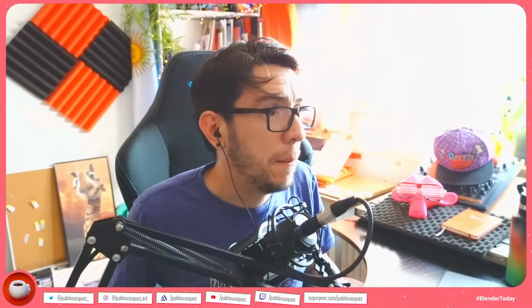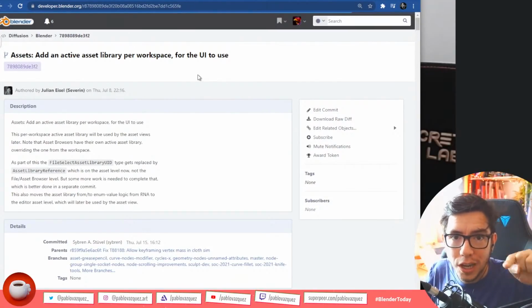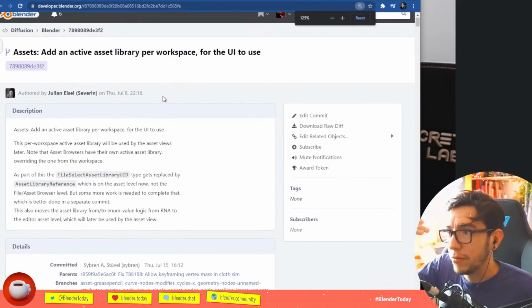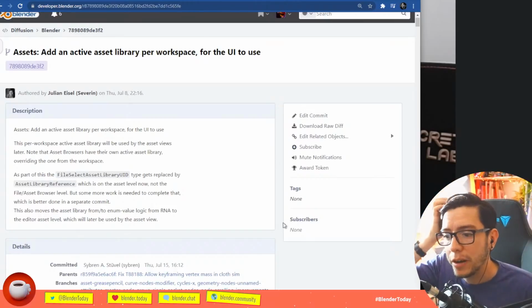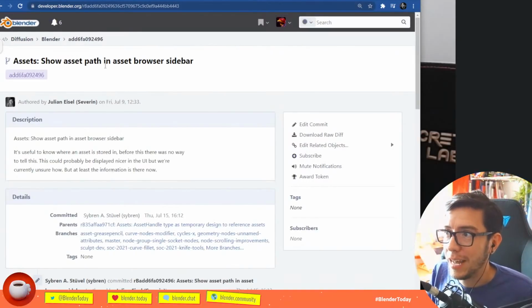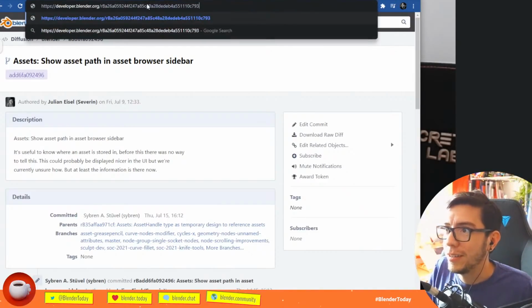Something that I like to point out of the improvements that came thanks to this project is also the fact that now the UI list, like the list of materials or the list of shape keys or vertex groups and so on, is much more flexible. For example, now an asset library is set per workspace. That is pretty neat. On the sidebar of the asset browser, Blender's now going to show the path of the asset, where it lives inside of the entire